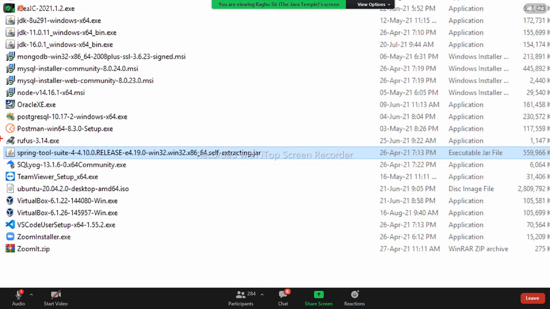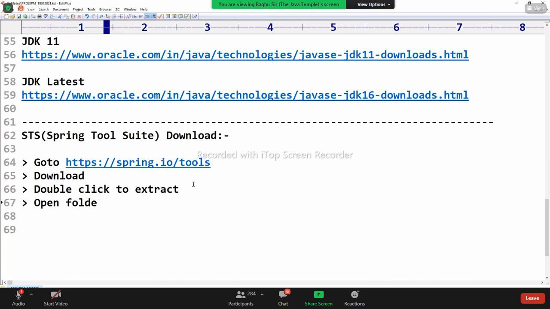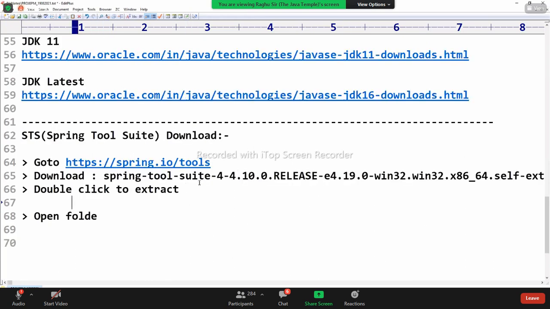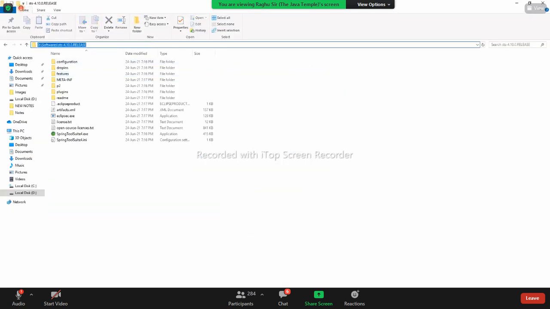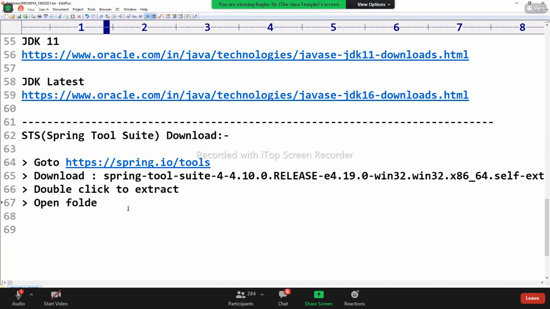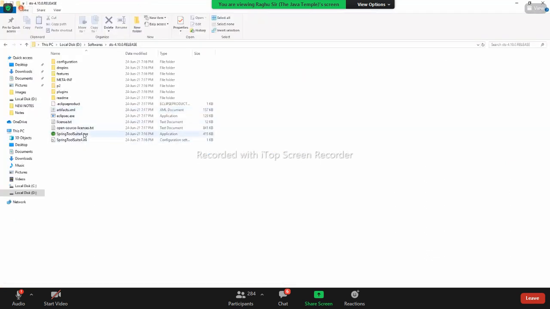The STS option will come as a jar download here. Once you have done that, open this folder, STS. Double click on this file, that is Spring Tool Suite 4.exe.